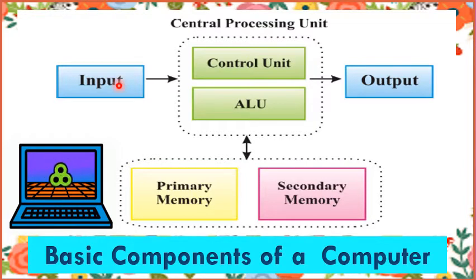This figure shows the basic components of a computer. As we have studied from my last video, the set of data and instructions provided by the user to a computer is called an input. Now what does the computer do? The computer stores this input in its memory and then processes it in the CPU. The results or output are again stored in its memory. Then they are presented to the user.